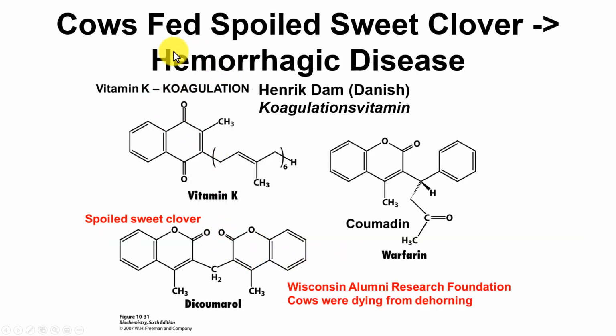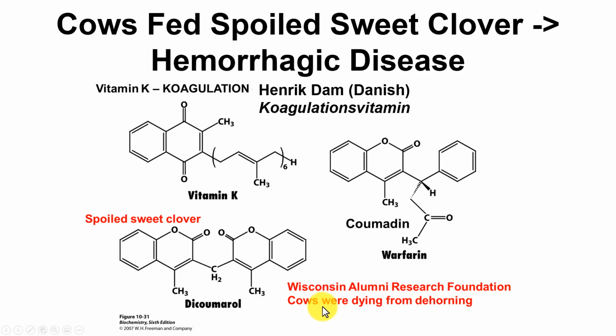So this is historical. Cows fed spoiled sweet clover developed hemorrhagic disease. Vitamin K was originally discovered in Scandinavia by Danish scientists, and they call it vitamin K because they spell coagulation with a K. Later the compound dicumarol was found in spoiled sweet clover, and eventually the Wisconsin Alumni Research Foundation,